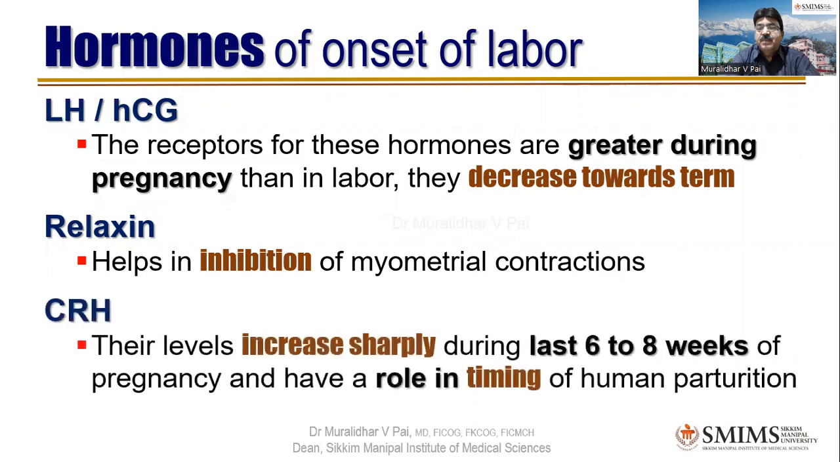CRH, that is corticotropin releasing hormone, their levels increase sharply during the last 6 to 8 weeks of pregnancy. Six to 8 weeks means almost 2 months, and it almost corresponds to 32 weeks, which is the right time for preterm labor. So if it increases too much, then there will be preterm labor. If it is slowly rising and becomes a peak at the time of term, then the labor will be initiated at term only. So their levels increase sharply during the last 6 to 8 weeks of pregnancy, and they have a role in timing of human parturition. We'll see more of it in the next slide